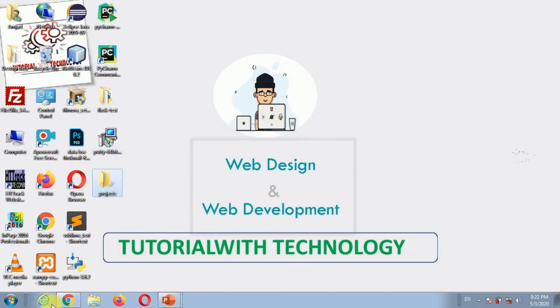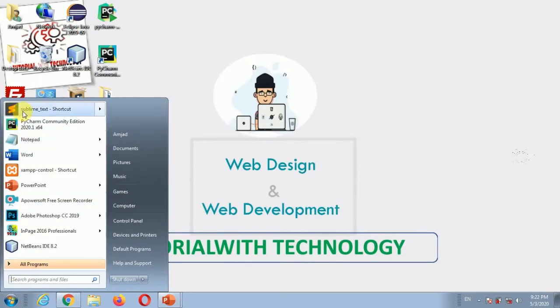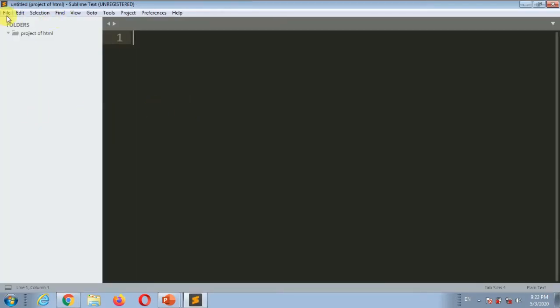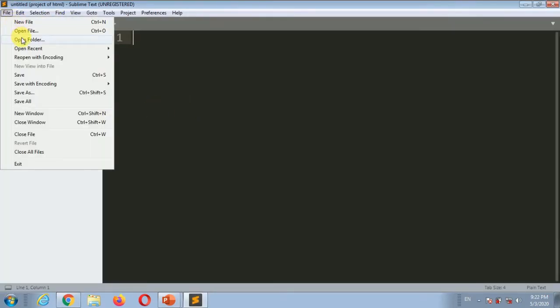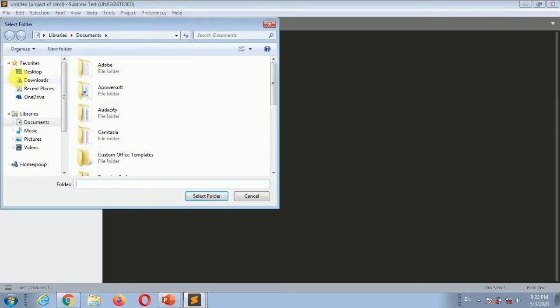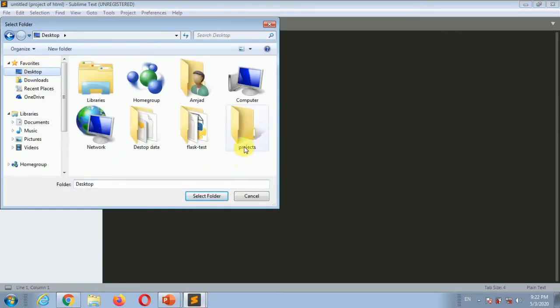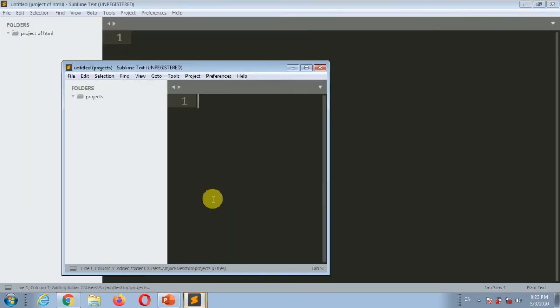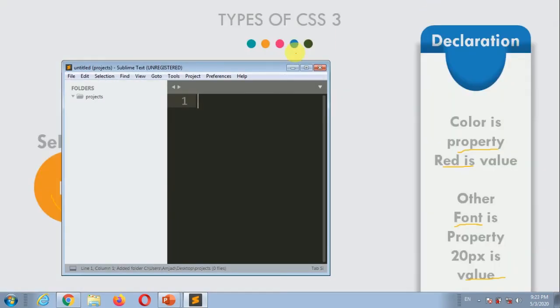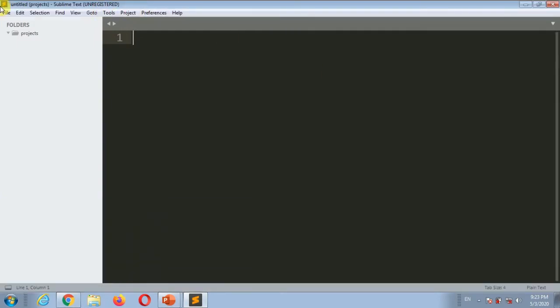Okay, and go to Sublime, open it, and open the folder here, go to the desktop and select the project folder. Now we create a file and save it,